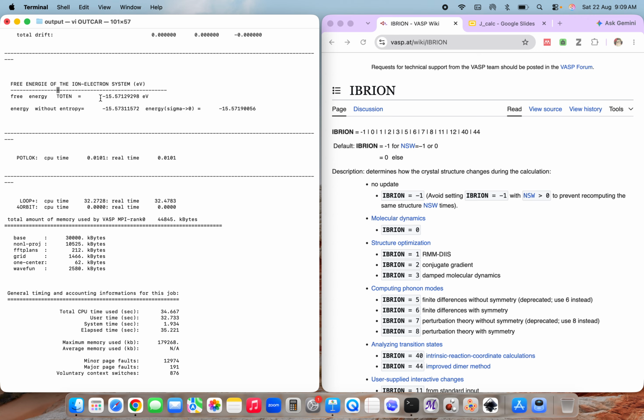AFM calculation, which is minus 15.5712928 electron volt. So as we have seen in the previous FM calculation, we have got this energy as 16 point something, but now in this case we have got the value as minus 15.57. So it suggests that the FM structure is always the ground state, or that is always the stable structure in comparison